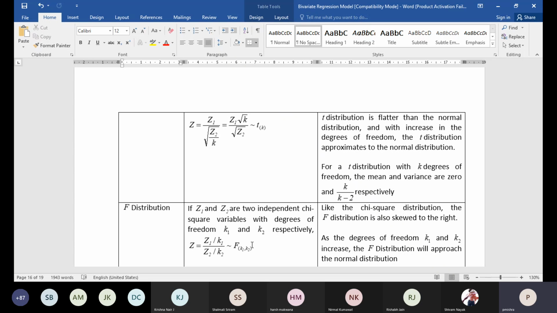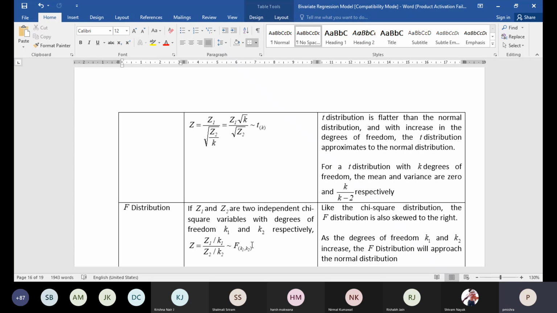In this connection, a very important aspect would be one-tail test versus two-tail test. And whether we'll be going for one-tail test or two-tail test, that will depend on how we are setting the alternative hypothesis. Like if null hypothesis is beta is equal to 0, and if we write alternative hypothesis as beta not equal to 0, then I'll basically go for two-tailed test.